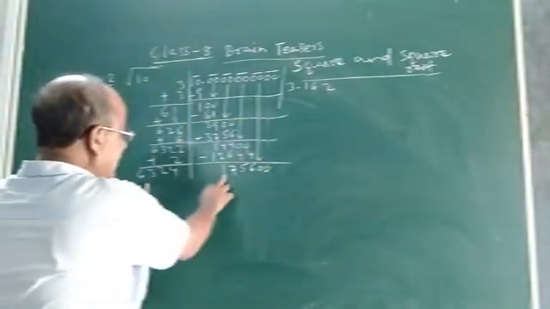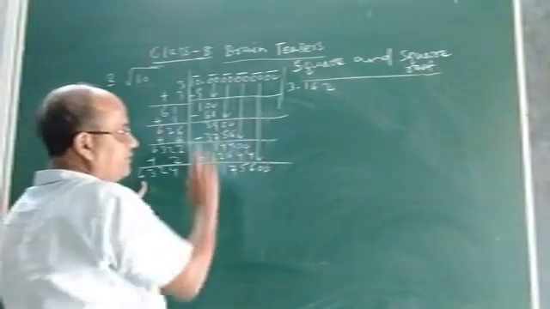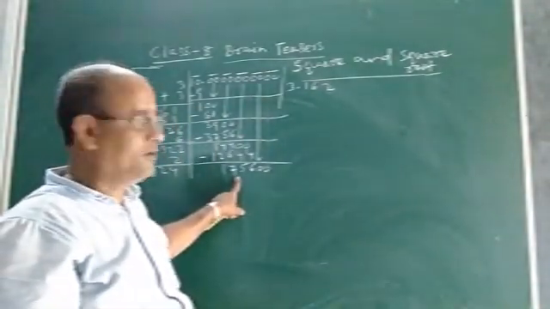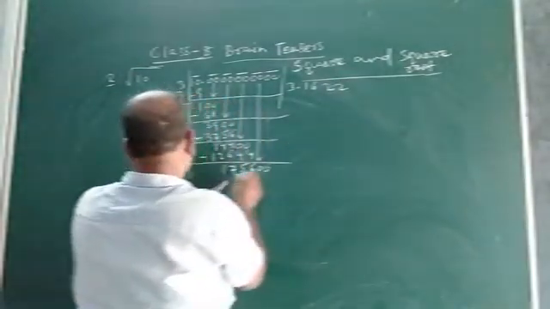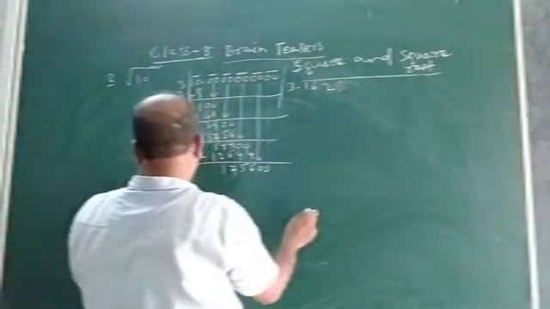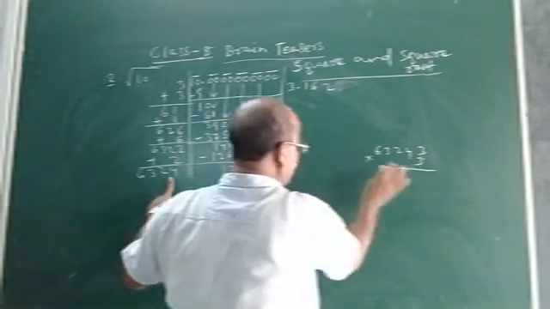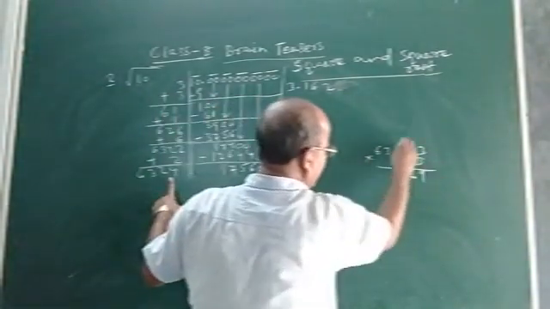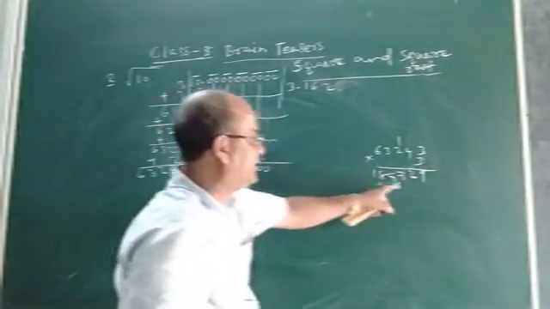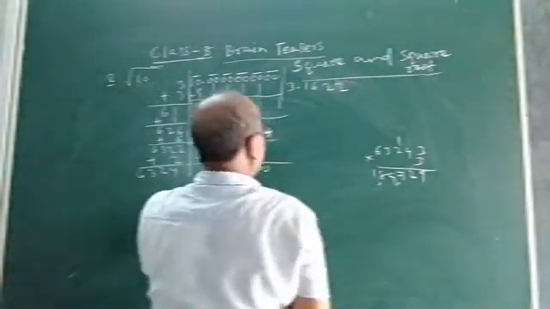Now what to put? Here it is given 17, here it is 6. If we put 3, 3 6s are 18 and it will be more. So let us try again with 2. Because if you put 3 here, 6, 3, 2, 4 and 3 and 3, you multiply, you will find it is greater. 1,89,729 is greater. So we cannot put 3. So definitely we have to put 2.